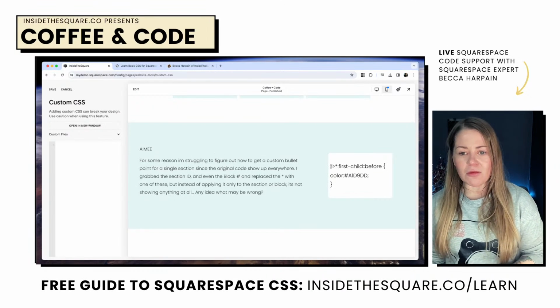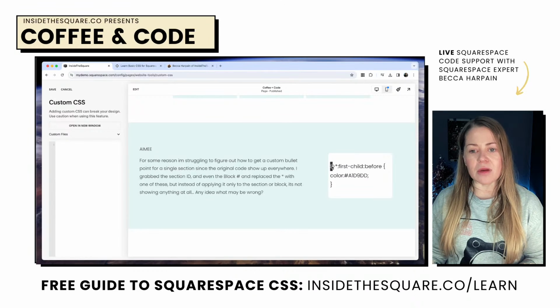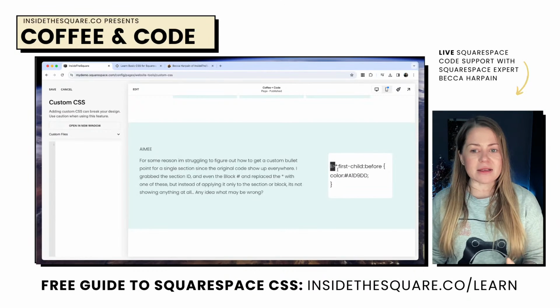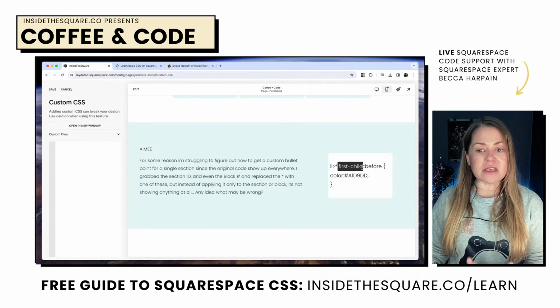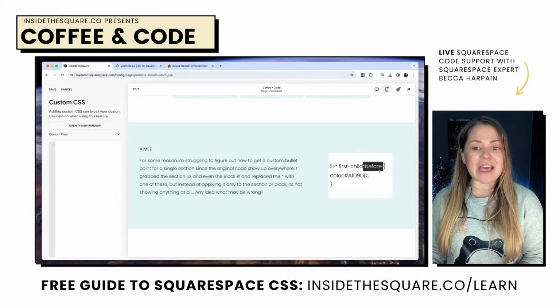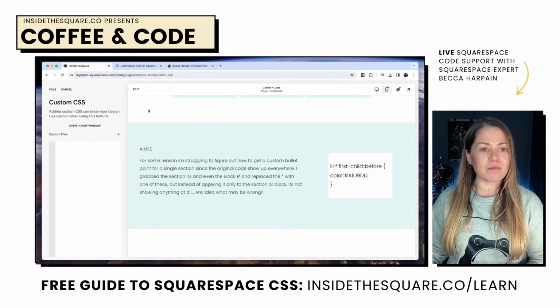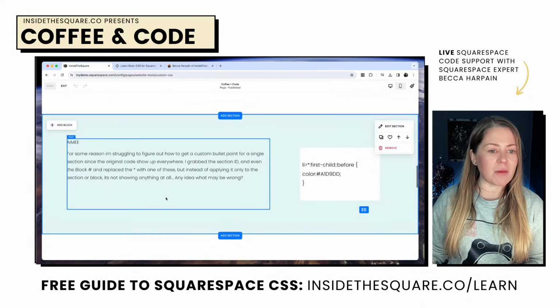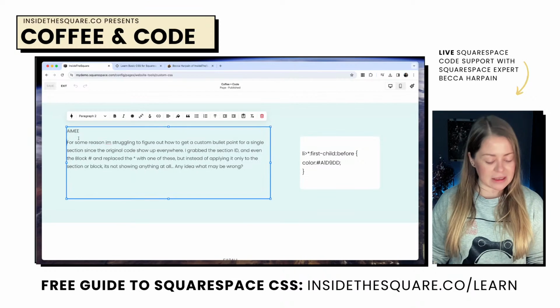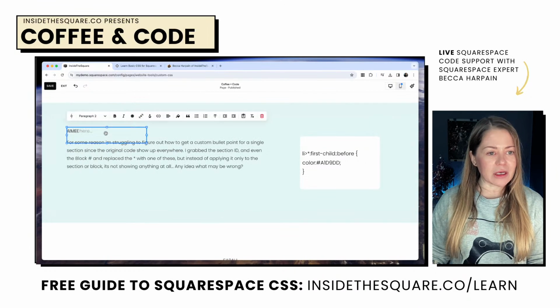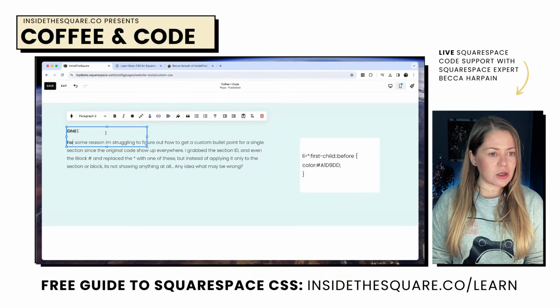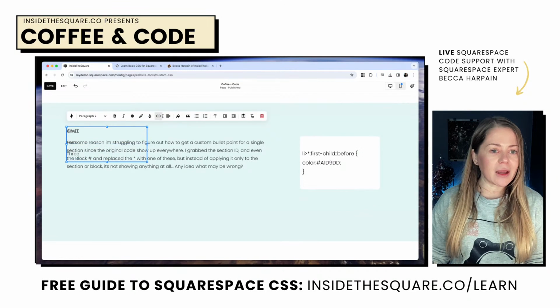So this code right here says in a list item, when you see any text that's formatted as a list and you see any symbol that's listed as the first symbol, it's going to be placed before the text. I want it to be this color. I'll hop in here and we'll make this bullet point real quick just so we can see this magic happen in action. Here, we'll add a new block and we're going to say 1, 2, 3,